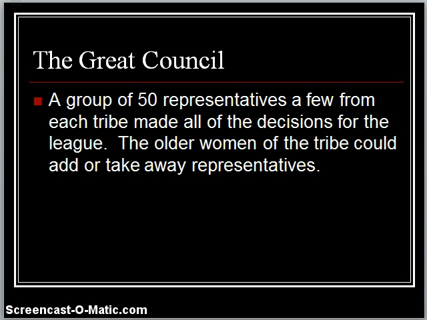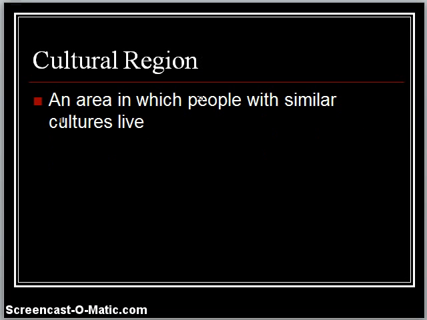Now, in this great region, in each tribe, there's these different tribes. There's a thing that we call a cultural region. A cultural region is just where people live who believe the same thing. So if everybody believes what you believe and you're living in the same tribe, that is your cultural region. So the Eastern Woodlands, the way they lived, everybody in that area lived the same way. So the Eastern Woodlands is a cultural region. It's how they live and it's what they do.